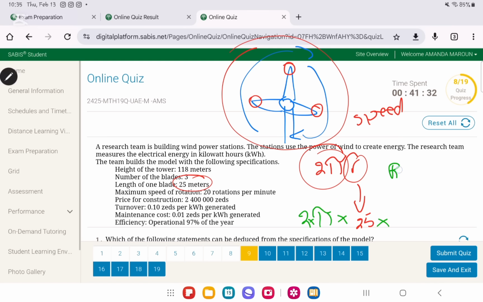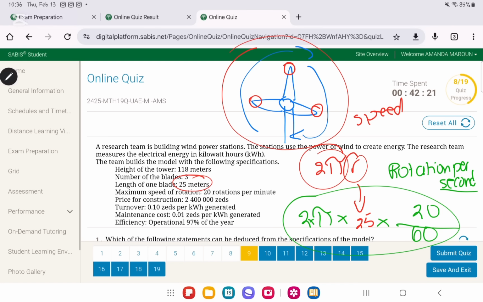To find the rotation per second, very simply, because remember, we're always going to take the basic unit, which is second. So rotation per second is going to be the 20 rotations per minute divided by, we know that a minute is 60 seconds. Now you could do it like this, or another way to do it is, you know that the circumference of any circle is 2 pi r, but now you are going to change it because the units they need is in kilometer per hour. So you're going to change the radius from meters into kilometers. So you're going to divide 25 by 1,000, and you are going to get an answer which is